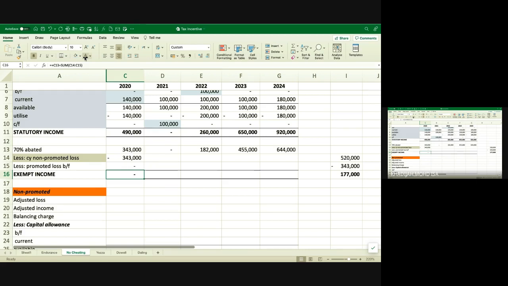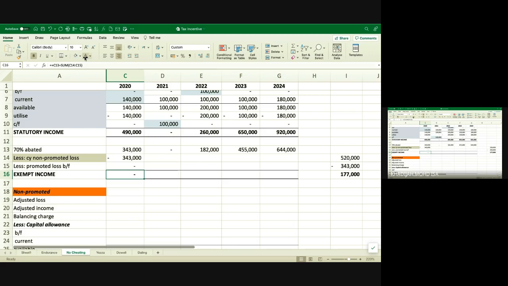So that's why under pioneer it's very important that you have to focus. If you have other business or other activities which is non-promoted, make sure that it's not making a loss. Because why? If it's in a loss position, the losses will reduce the amount to be exempted, the amount to be credited into your exempt account. So this is also important.